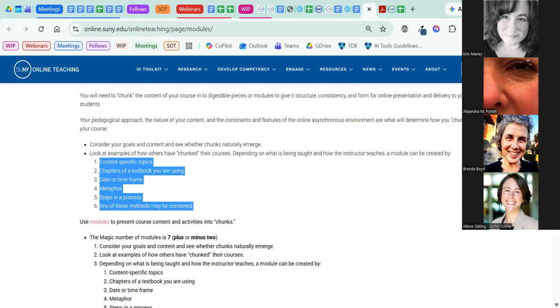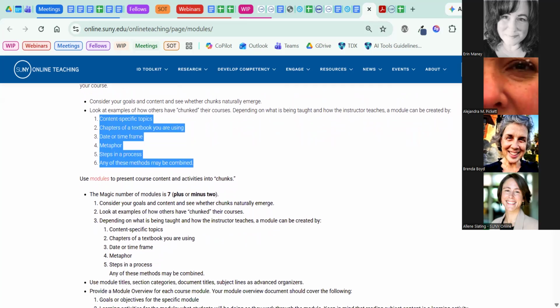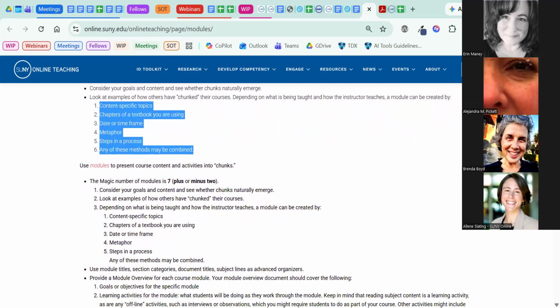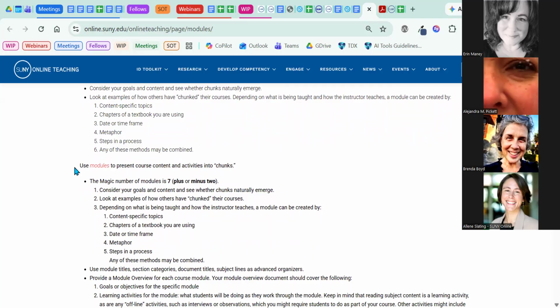But if you're a reviewer looking at a course and you see 35 modules, you're going to want to give that instructor some feedback about that, because we know that the magic number of modules is 7 plus or minus 2. So if there's more than 9 modules, or if there's less than 5 modules, we know from the research that we've done that both the faculty and the students will rate that lower on their satisfaction and also on their perception of learning.